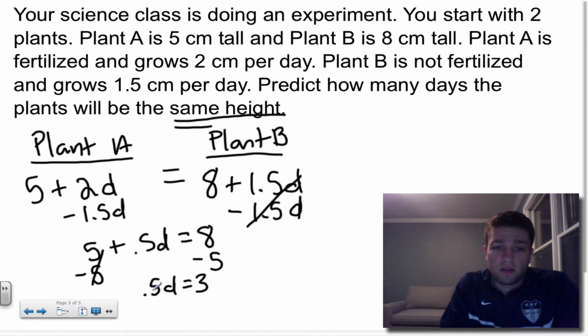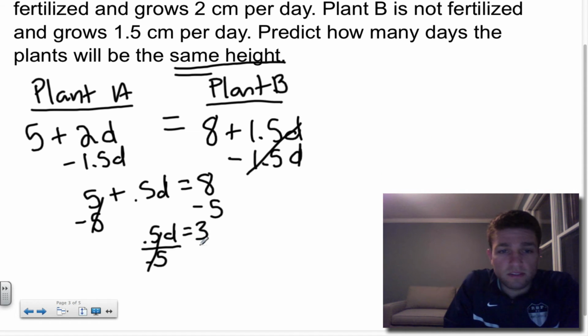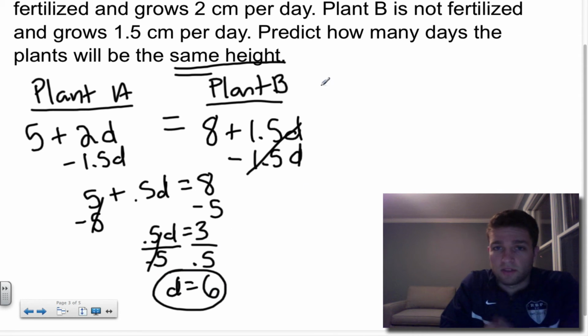So now I've got 1/2 D equals 3, and I'm going to divide both sides by 1/2, or 0.5, or 5/10, whatever you'd like to call it. So then I'm going to be left with D equals, and then 3 divided by 1/2 is 6. Now, just to be that